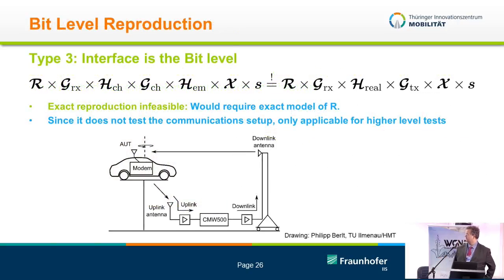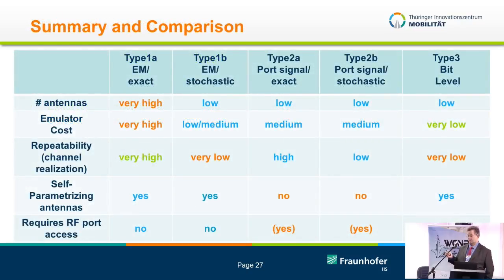Just type 3. The bit level is, as I said, mostly not used. We've made a setup with a colleague to determine the antenna pattern just from bit level transmission. So that would fall into this category. And so here's the summary, because I've already seen that my time is over. You can compare these different methods, and you get different effects in terms of price for the hardware. And you see that best is most of the case this type A simulation, but it's really, really expensive. The other things are mostly cheaper,